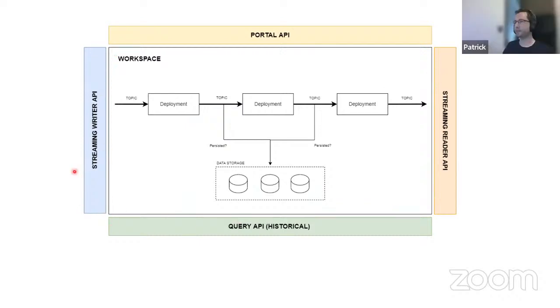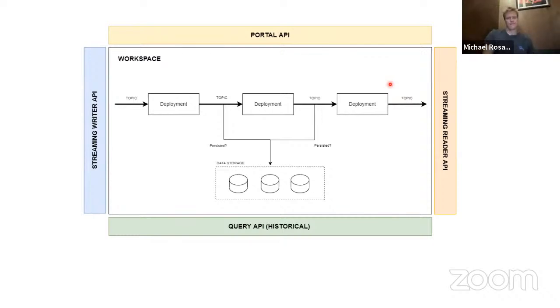Yeah, so I'm going to start explaining a bit the concept of our platform, because people probably don't know, or maybe some people are new and don't know what we are talking about. But we have a concept that is a workspace. And what is a workspace? A workspace is like an infrastructure bundle where you deploy your real-time pipeline, the data processing pipeline.